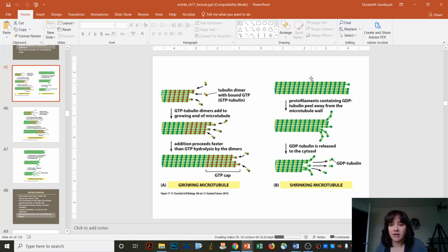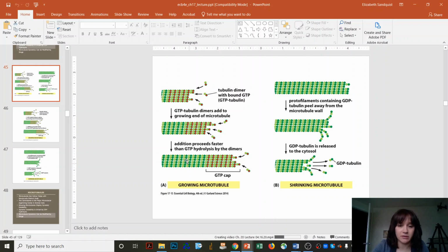And so if they don't have this cap on here, this is what helps them to stay in this microtubule. If that cap is lost, they will fall apart. They kind of peel away and it depolymerizes and the microtubule shrinks, right? And so that's why this is really good to watch in video form because you can kind of see this